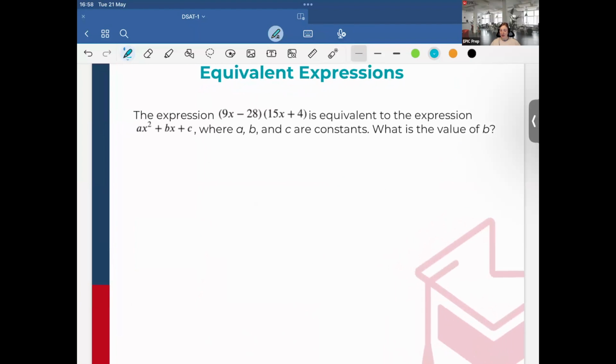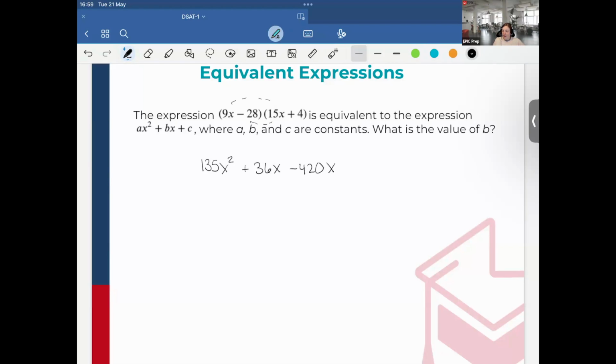Okay, so this one here, the expression 9x minus 28 times 15x plus 4 is equivalent to the expression ax squared plus bx plus c, where a, b, and c are constants. What is the value of b? Okay, so just like the previous problem, I'm going to expand out the brackets of this expression here. So 9 times 15, that's 135x squared, 9x times 4, so plus 36x, negative 28 times 15, it's minus 420x,